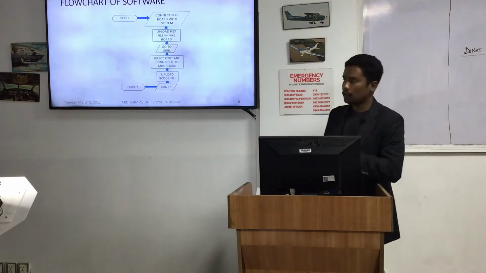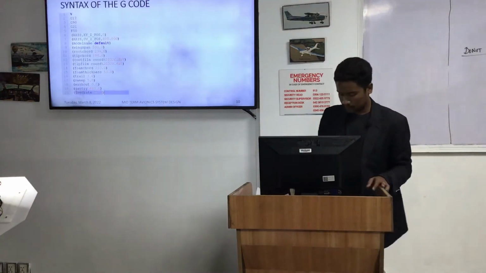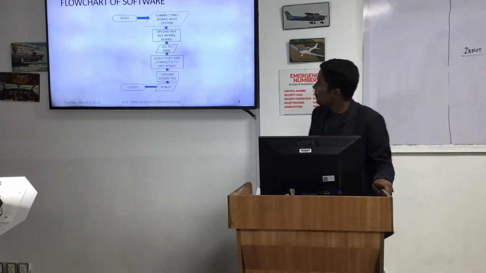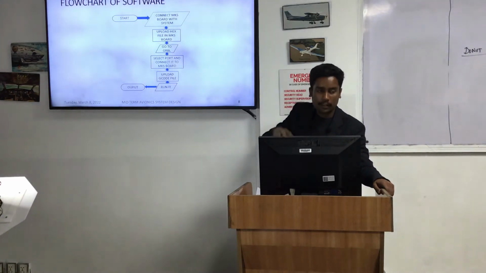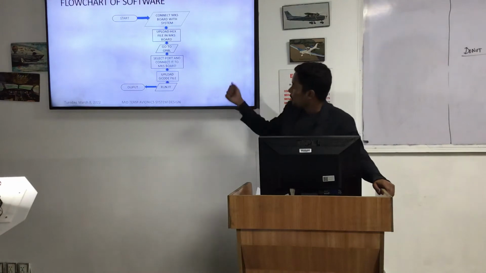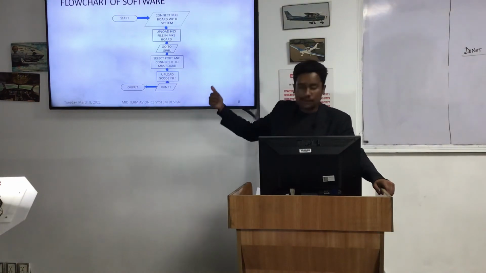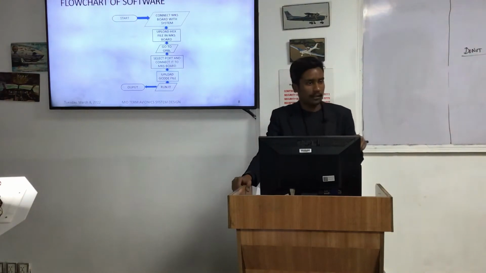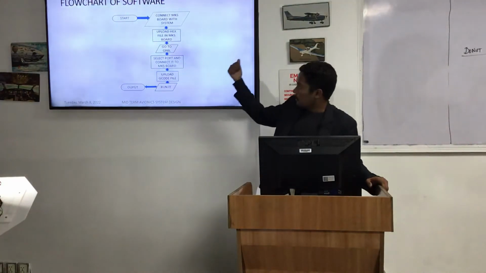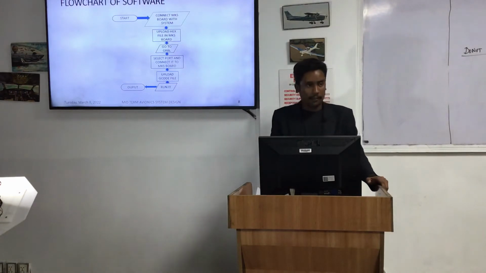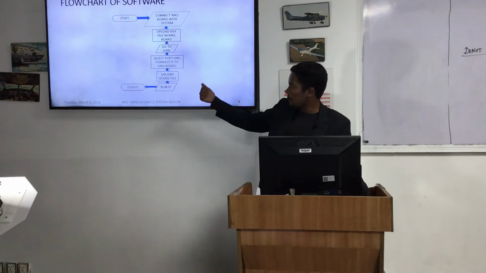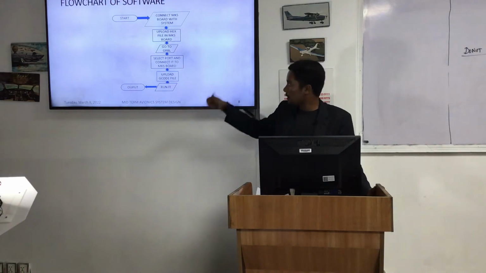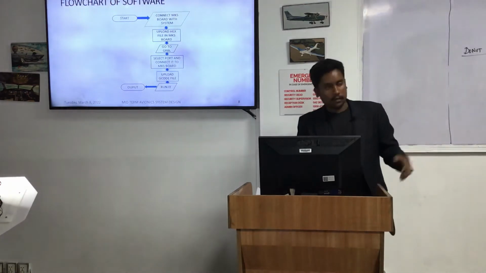This is the flow chart of GRBL Mega 5X. First of all, let's start with it. Connect the MKS board with the system on which we are running the GRBL Mega 5X software. Then upload the hex file in the MKS board through Xloader, and then open the GRBL Mega 5X and connect the MKS board with it, as I've explained earlier in the interface, and then upload the G code file in it, then run it, and you will see the output.